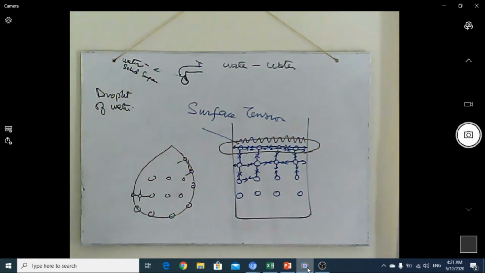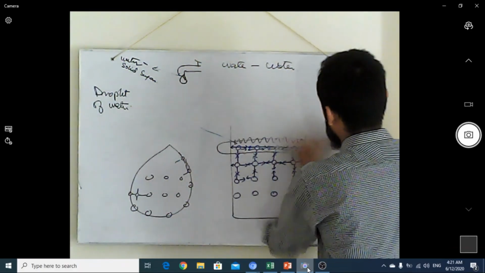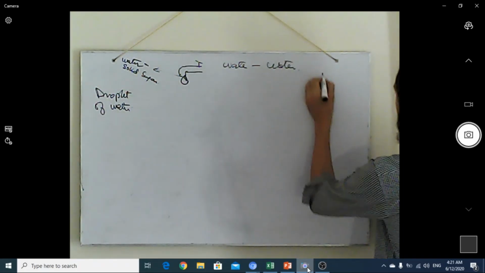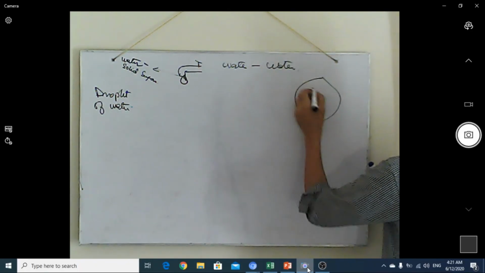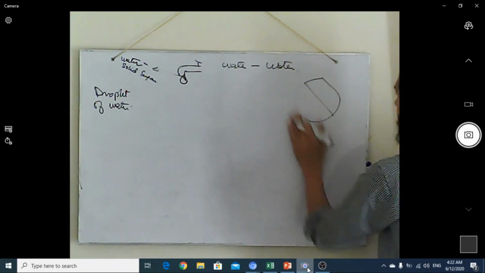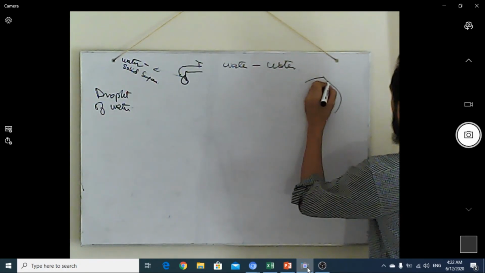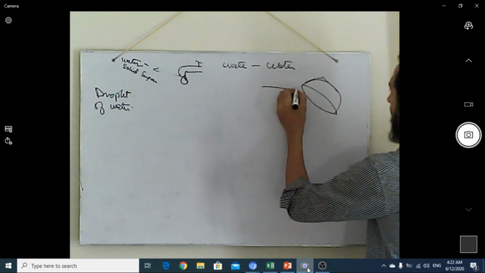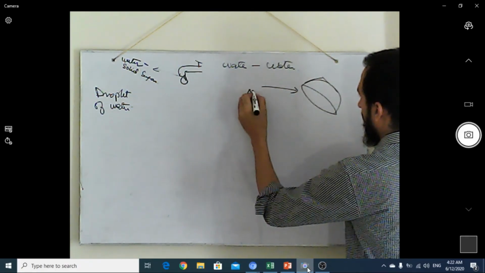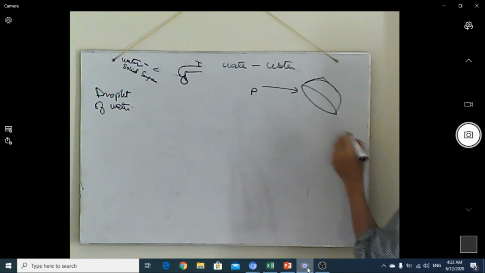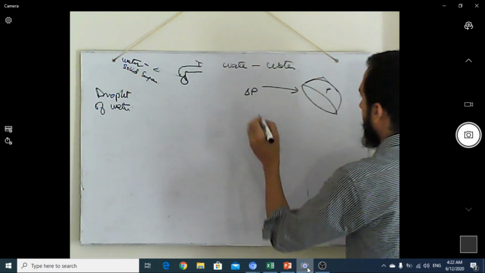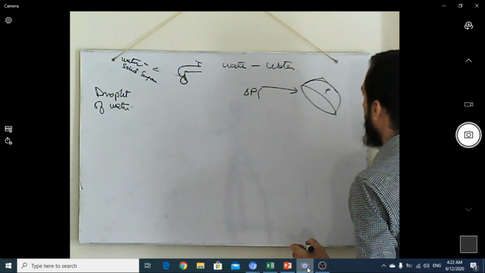Okay, let's suppose I only took half the size of this droplet. This is the complete droplet, and I cut it in half to check how the forces are balanced against each other. So it is something like this. There is external pressure applying on the surface, and there is an internal pressure as well. All these internal and external pressures apply on this half surface with an area, and the area will be equal to